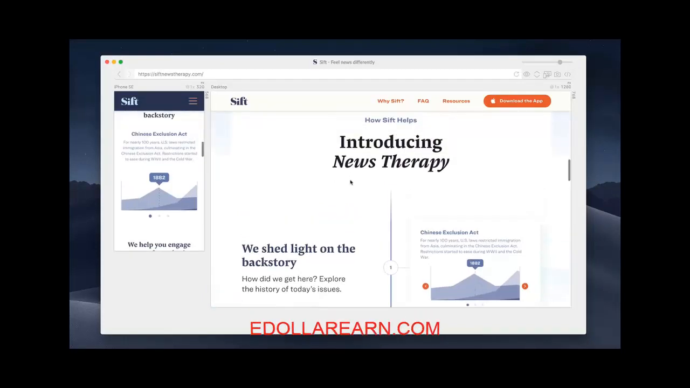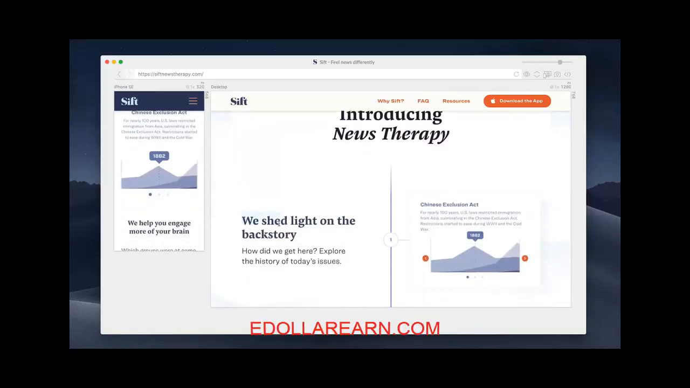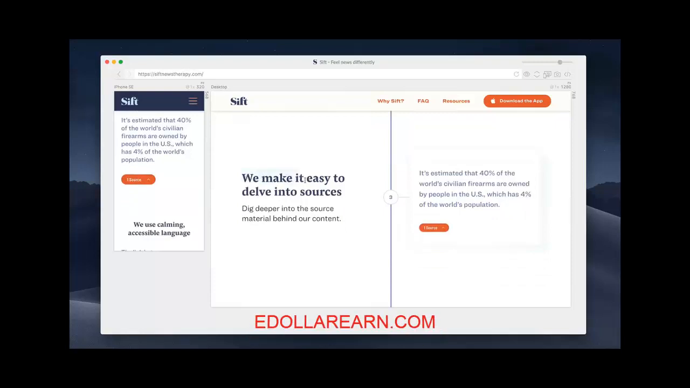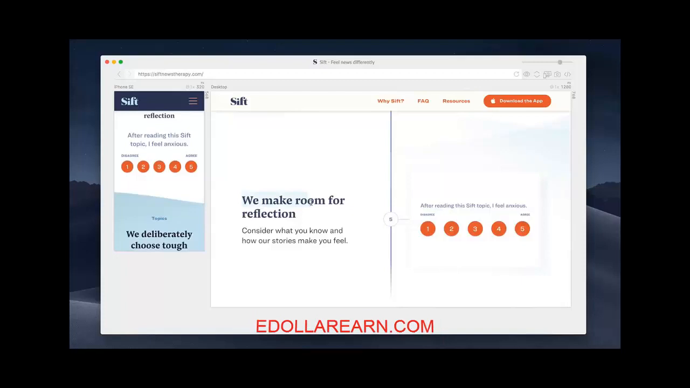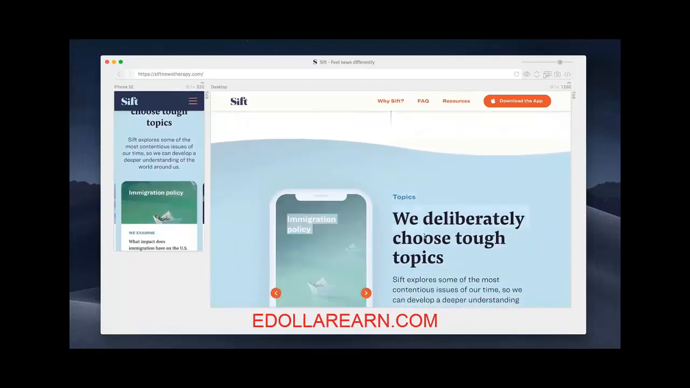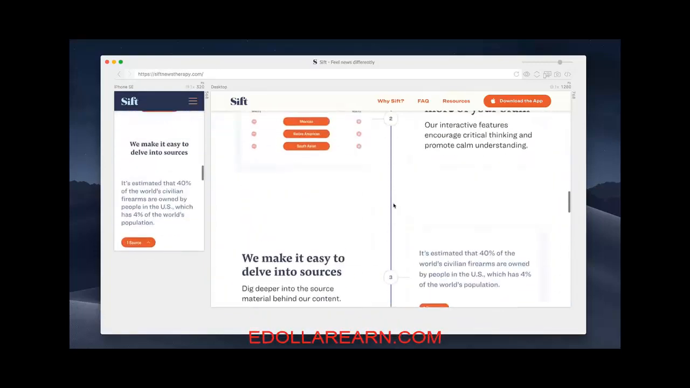And so this page sort of does the opposite. It talks all about Sift. It says how Sift can help. It says we shed the light. It says we help you engage. It says we make it easy. It says we use calming, accessible language. We make room for reflection. We deliberately choose. So whoever wrote this, not to criticize them, but I just think there's way too much usage of the term we,